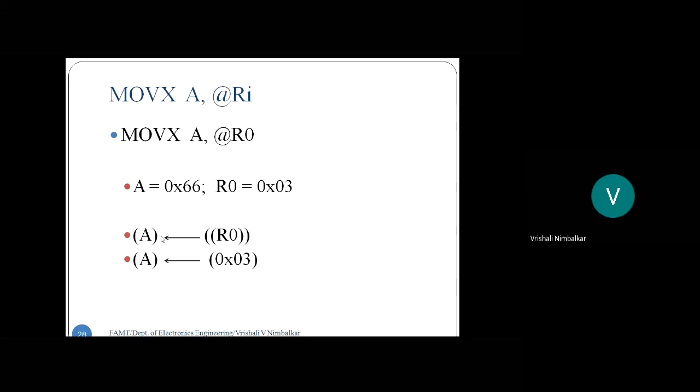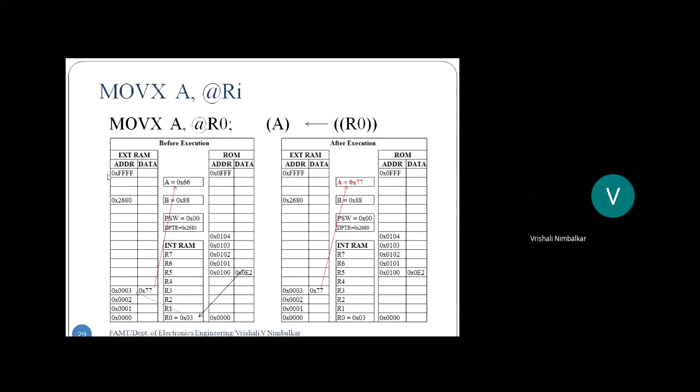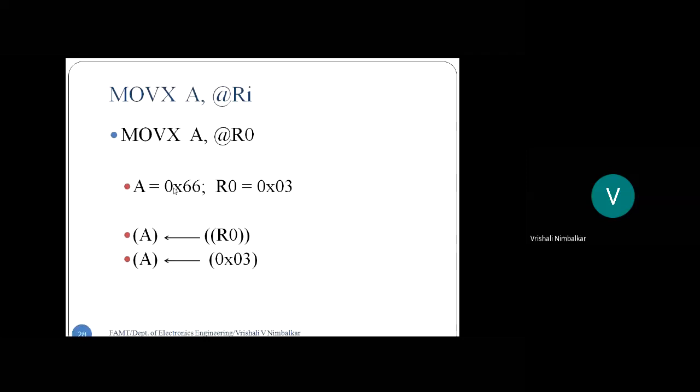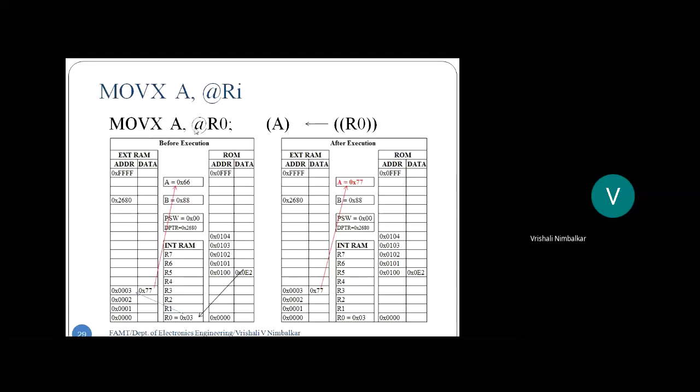Okay. So let us see it graphically, table-wise. The same example here. MOVX A, @R0. So what is the explanation? Semicolon: data pointed by R0 is picked up and copied in the accumulator. So what we have assumed, see the before-execution table. Let the accumulator be stored with 66. The same example is carried ahead. This is some data in the accumulator and this is something in register R0. Right? Now how many bytes is the instruction? The instruction is 1 byte.